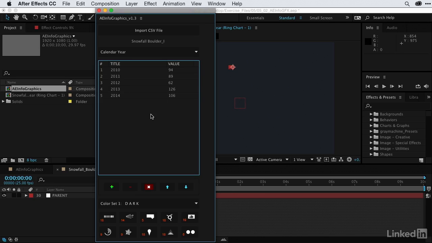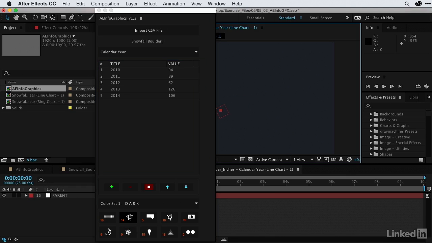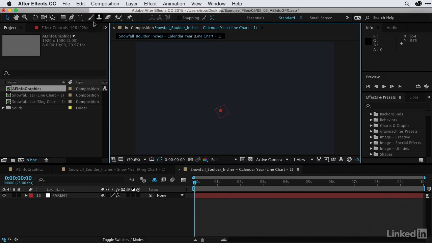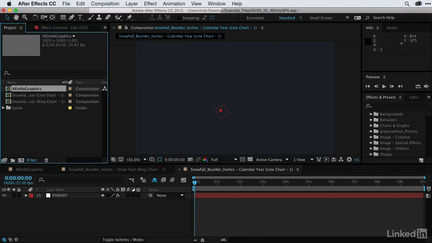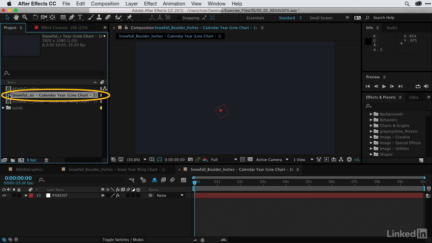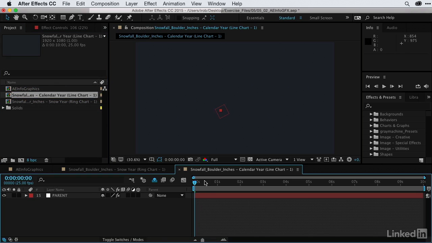Okay, great. Now for this one, instead of doing a ring chart, I want to do a different kind of chart. Let's choose this net chart. So I'll click that and it'll go ahead and run the script. And now I can just go ahead and close my InfoScripts panel because I have two separate compositions in here. So here, let's go ahead and make this a little larger so you can see I've got calendar year and snow year. So let's double click on the calendar year and I can see my comp panel is active,